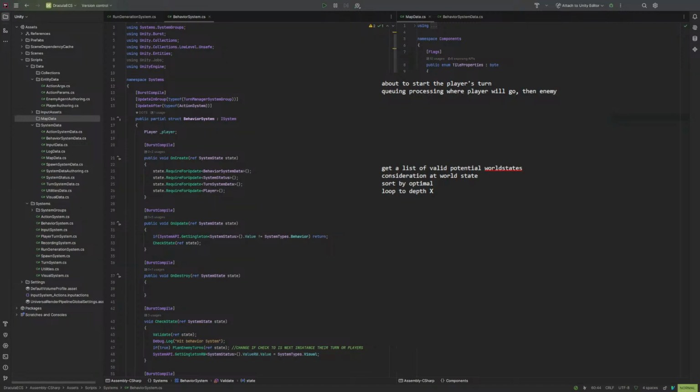I think that's going to be too much for the enemy to process, and it would cause too many issues. So instead we can cheat, hopefully, where we only check what the player is going to do, and then at choice time, let the player pick the world state, and then at choice process,